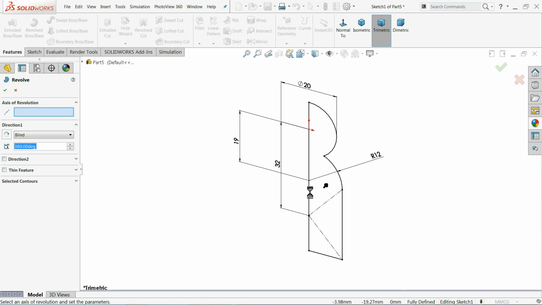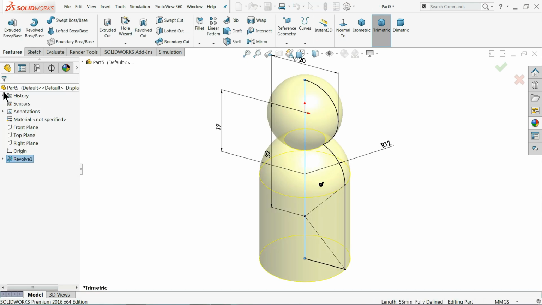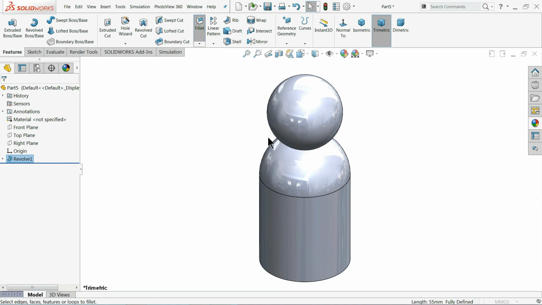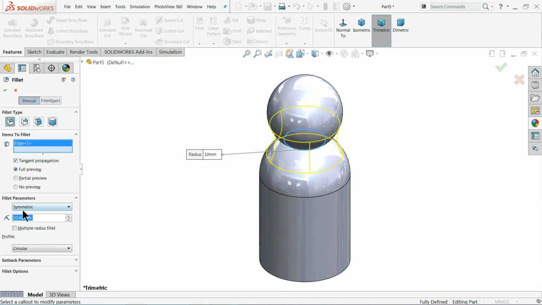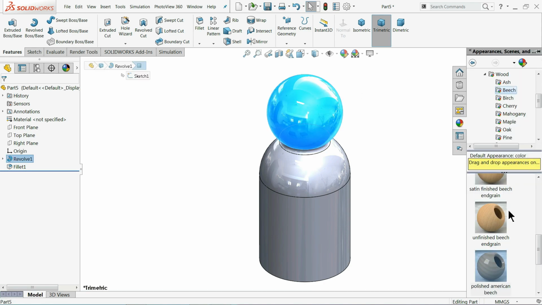Revolve boss base. Now here I'll choose this vertical line. Okay, fillet, I'll select this point, 1 millimeter constant radius. Now this head, we will apply the same.